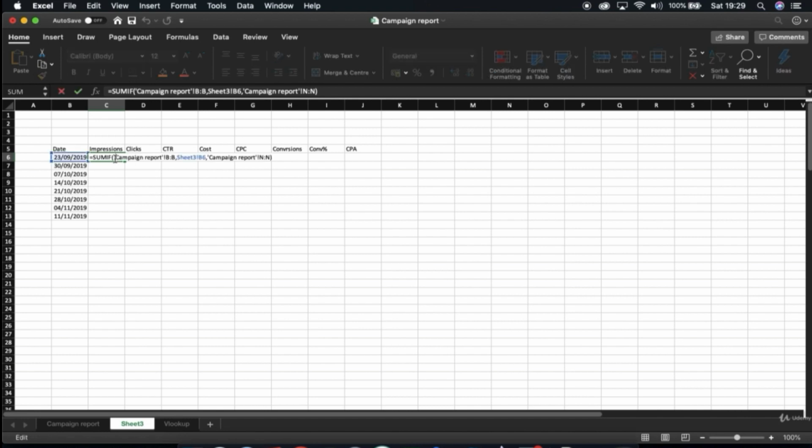So if we just dive back into this again, when I drag this cell to the right, I want the clicks to still be looking at this date, the 23rd of the 9th. So I'm going to lock the date, which is cell B6. You'll see it here, cell B6. Now I'm going to lock column B